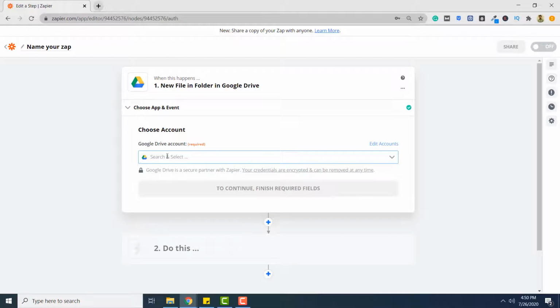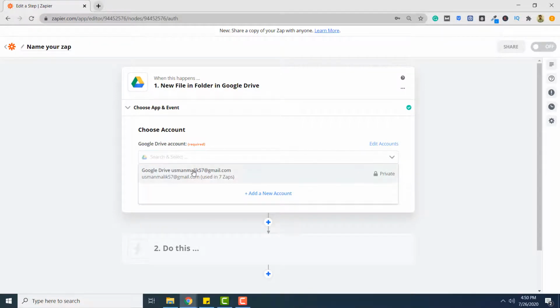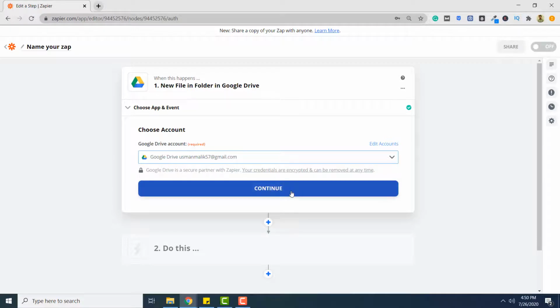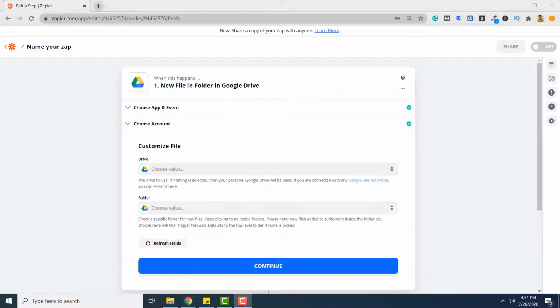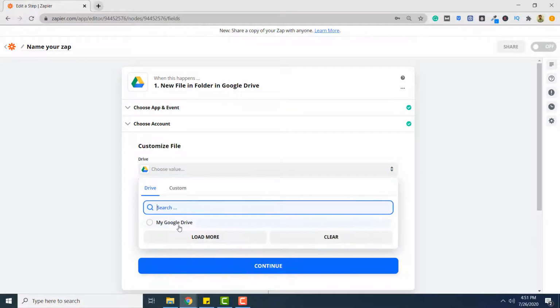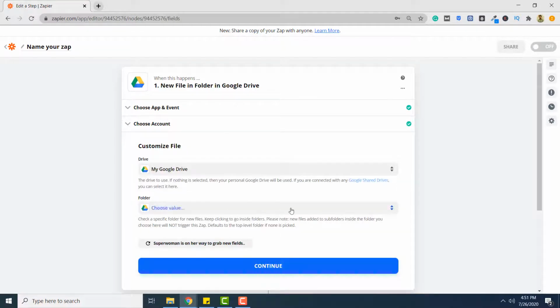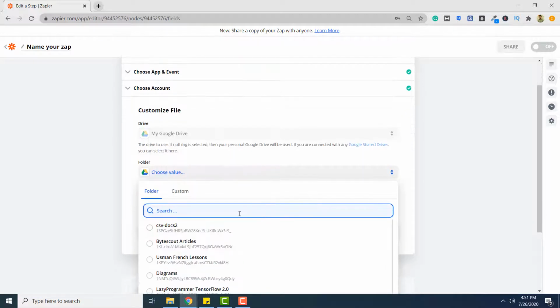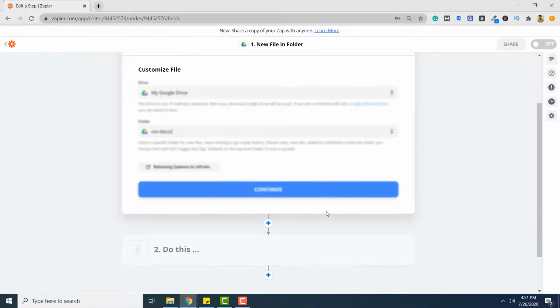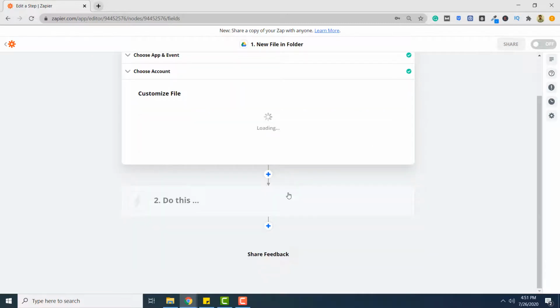Here you have to specify your Google Drive account. Again click Continue. Next you have to choose your drive from the list of drives. So I will select my Google Drive, and here you can select the folder in which the file uploaded will be converted to JPG file. So you can select your own folder. I will select this folder. Then you have to click Continue,